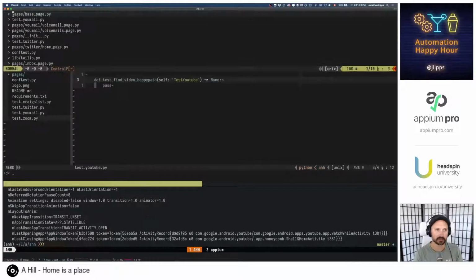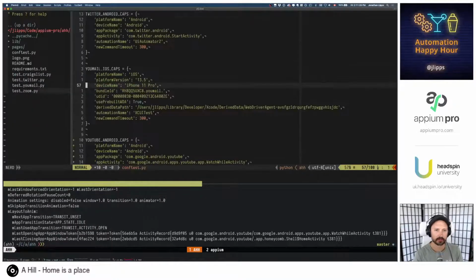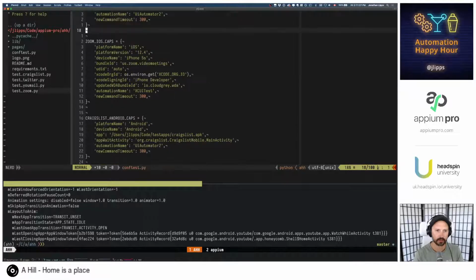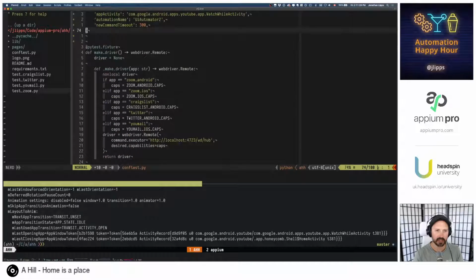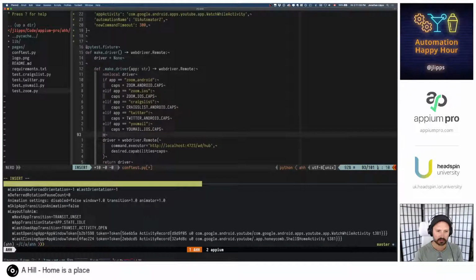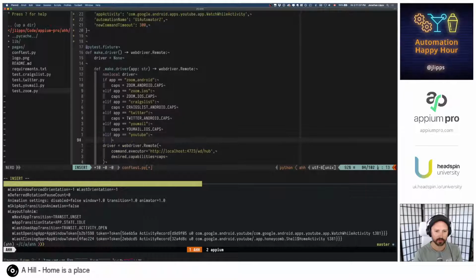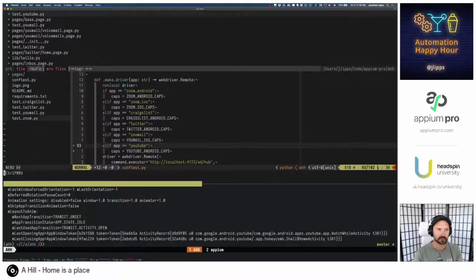Now we go back to our conftest. We have a method where we enable different types of drivers. So let's add a little section here. If we ask for the YouTube app, we want a YouTube Android. Should be enough to let us see if this will work.